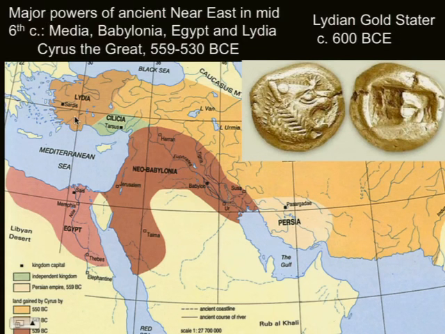So again, this shift that takes place that Croesus tries to take advantage of, this takes place around 559 BCE with the emergence of a Median official